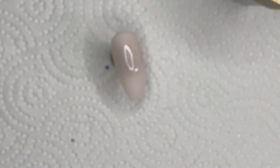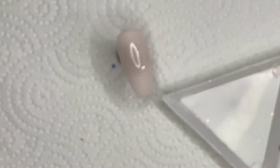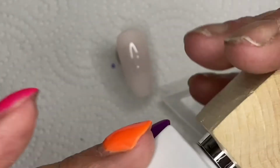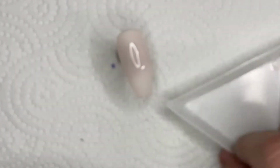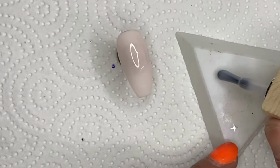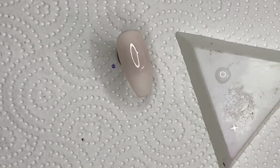Oh no I didn't, because what I did was I left it wet and then I got the white and I put the white in. Because I just realised, why did I do that? Yeah, I was thinking, why didn't it go how I wanted it? It doesn't matter anyway. So I put the white in, but the white is not as white as I thought it would be. It's more of like an opaque white as opposed to a solid white, which isn't a problem